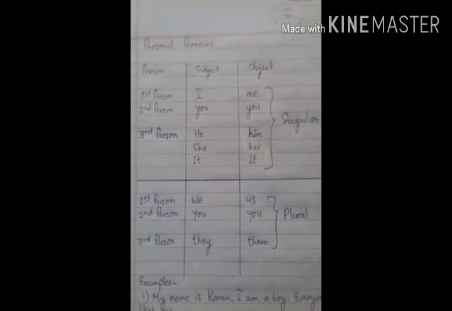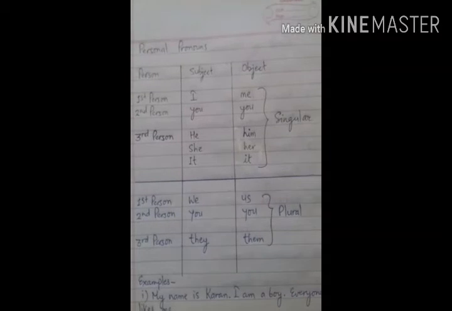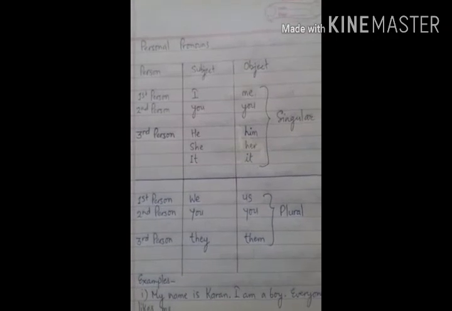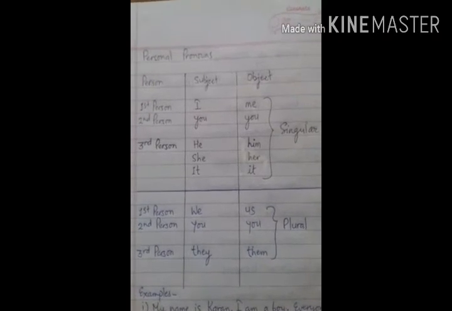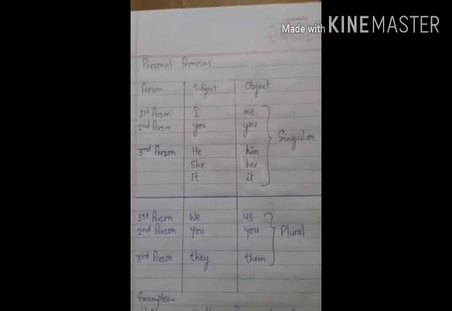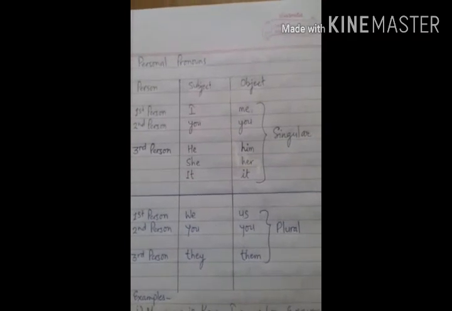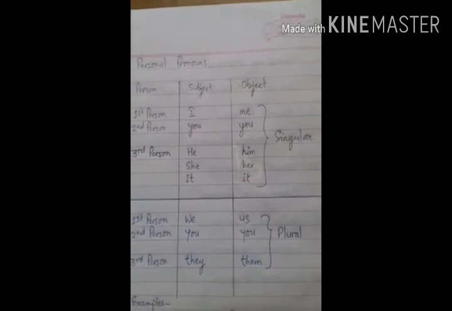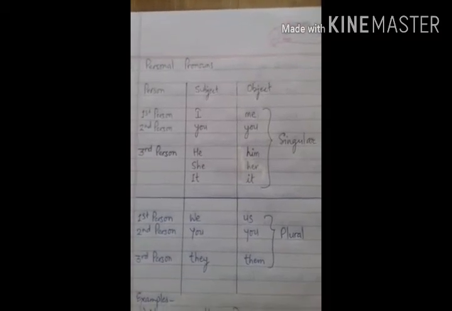And the third person refers to the nouns about which we are speaking. That means if I am speaking to you, the one about whom I am speaking is the third person. If I am speaking about a boy, if it is singular, then it is he. But when that singular person, who is of masculine gender, is used as an object, it becomes him. So he is the third person singular subjective pronoun, and him is the third person singular objective pronoun.